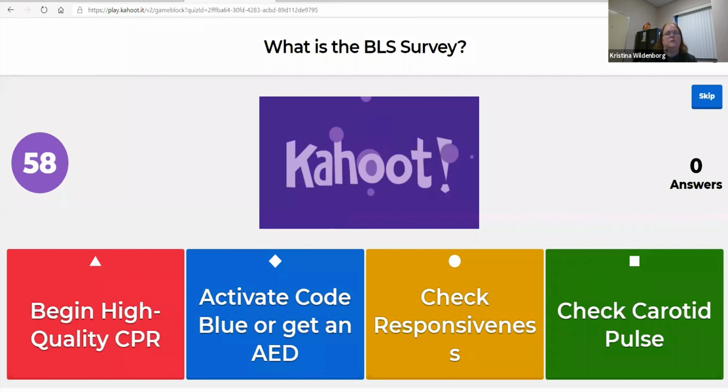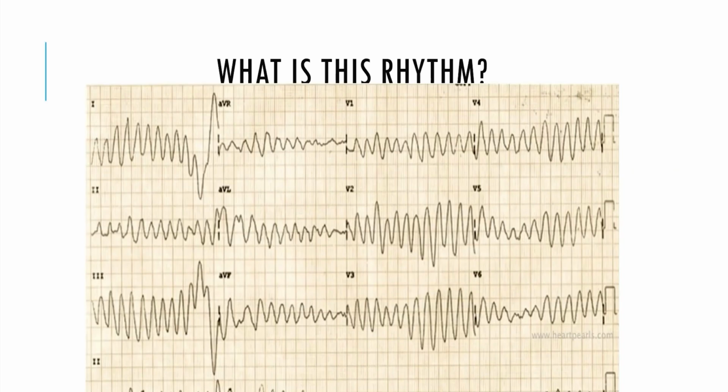If we can't be engaging, they're gonna tune out, and that's not the type of nurse that I want to graduate from our program. Torsades,